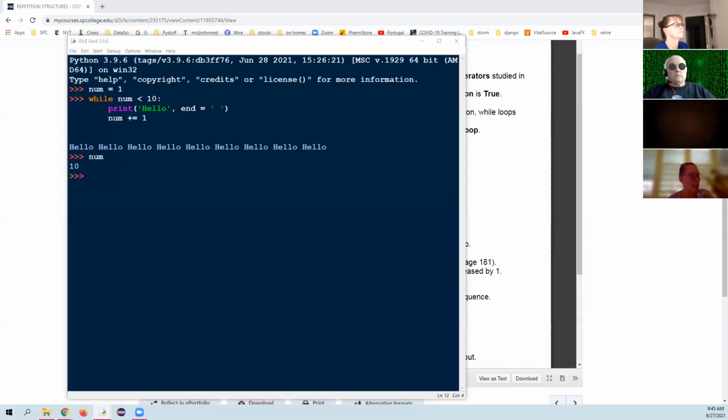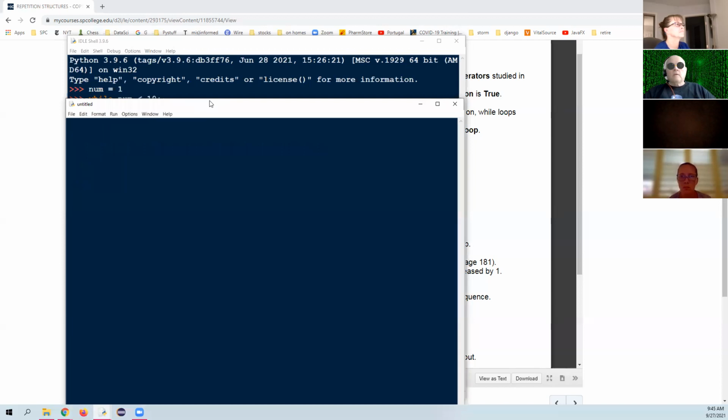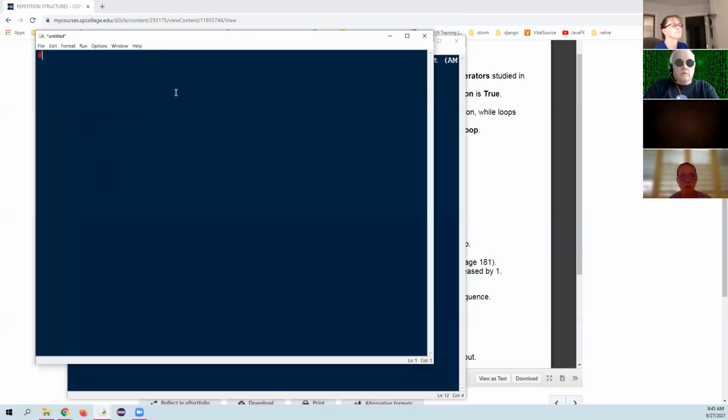So I'm going to actually write a program this time. And what we'll do here is, let's see what we'll do. We'll call it while1.py. And I'll try to describe the problem with some triple quotes here. So we'll say, write a program that will use a while loop